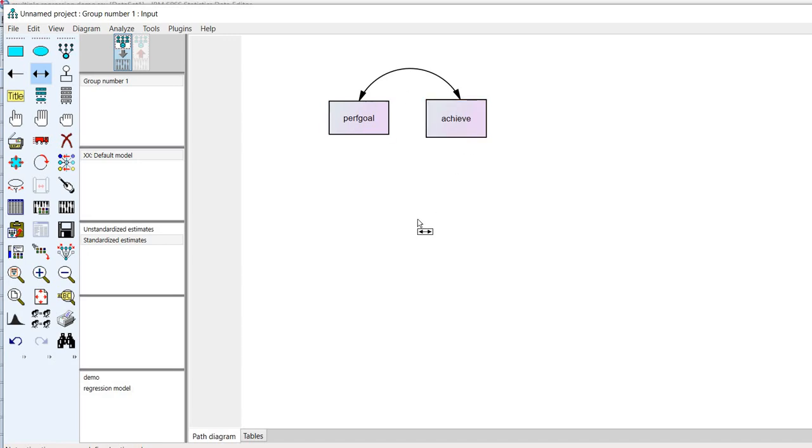So now let's say that I just want to run the analysis. I want to essentially generate some estimates. I want to generate the covariance between those two variables as well as the variances for those variables. Well, it's actually pretty easy to do, and the first thing I'm going to do is go under analysis